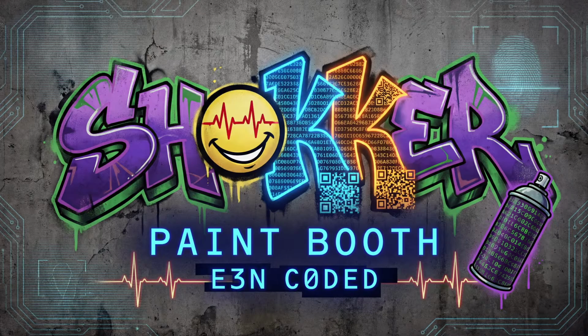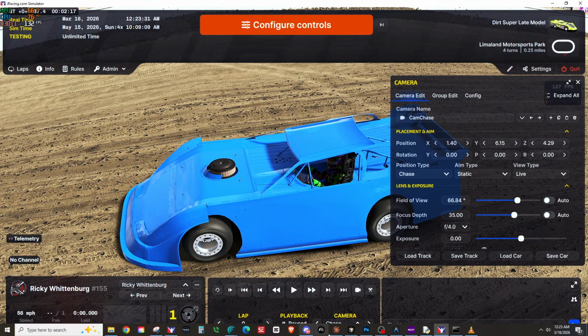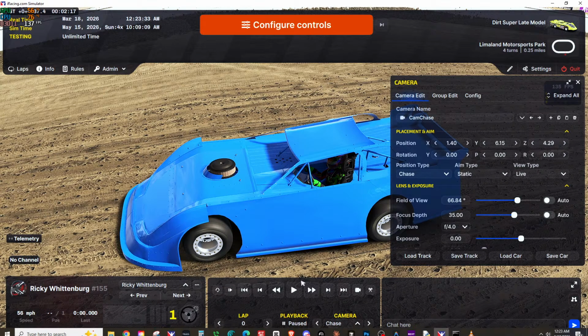But you're also going to be able to do some really high level stuff with this. As I've developed it, I've found a few tricks, and I want to show you some of the stuff that I've learned and some of the ways I think people are going to play with this program. So let me get into it right now. What we're going to do first is we are going to get into the paint booth